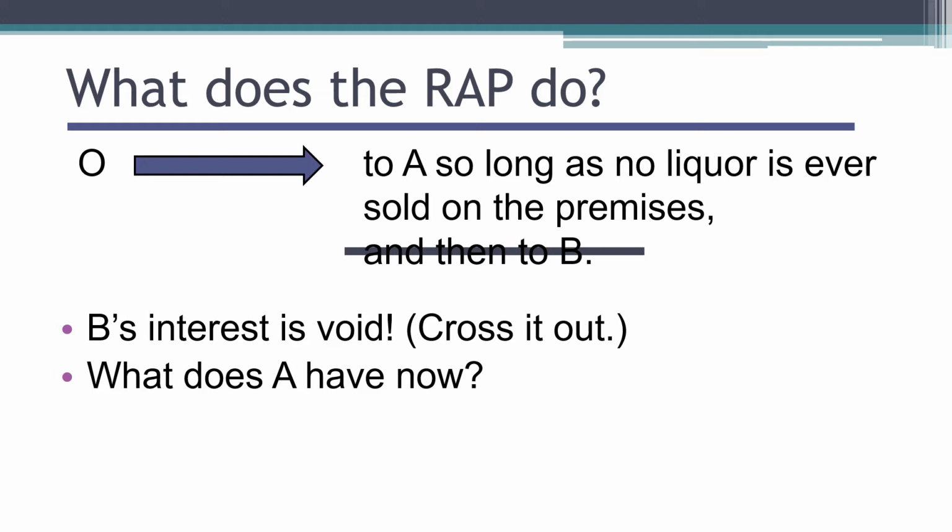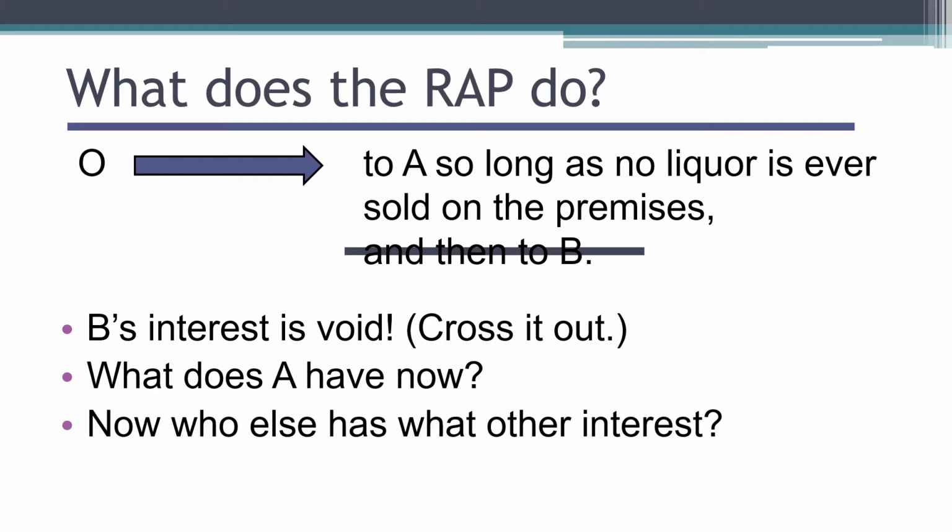So what does A have now? Well, it reads to A, so long as no liquor is ever sold on the premises, period. What does that sound like? Well, based on our previous analysis, we'd say that this time A has a fee simple determinable. And that's the right answer, but it's not the complete answer, because if A has a fee simple determinable, who